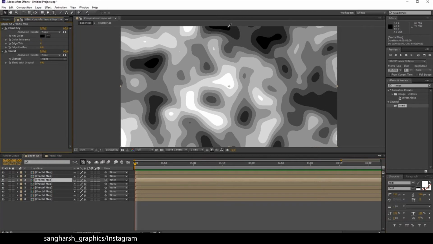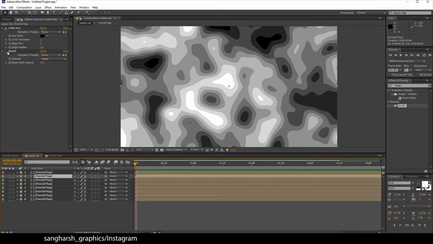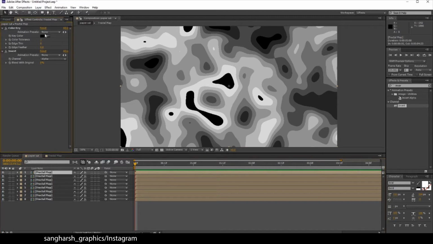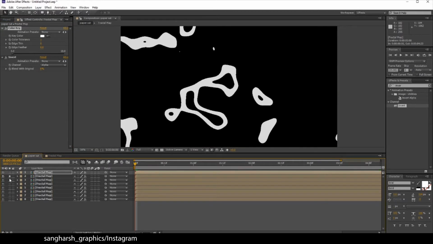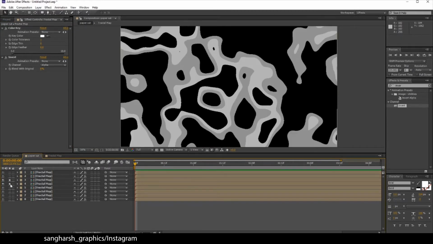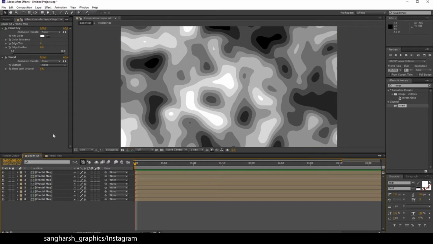Select the layer as we have the 8 different color ranges. For the seventh one, select this, and for the eighth one, select the white. And now if you isolate each layer, as you can see, we have 8 different layers of each. So that's what we needed to give a shadow to it.